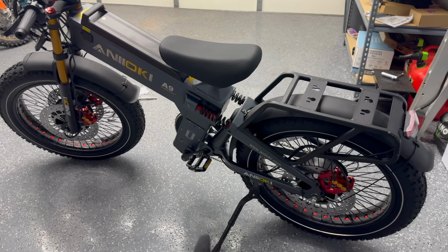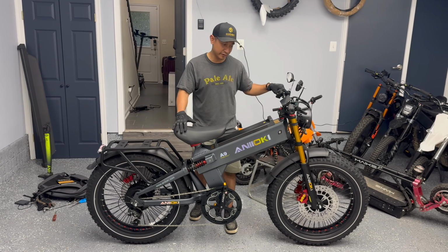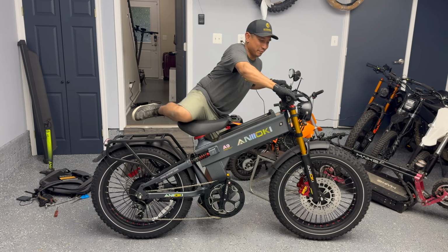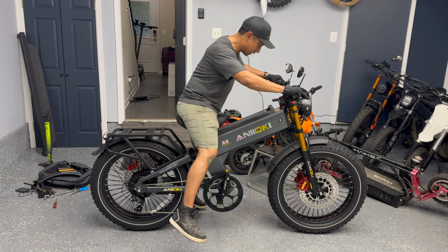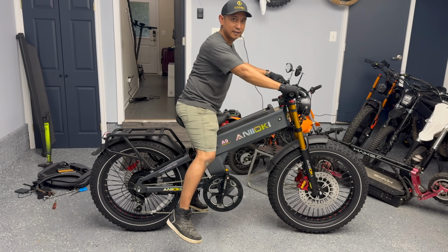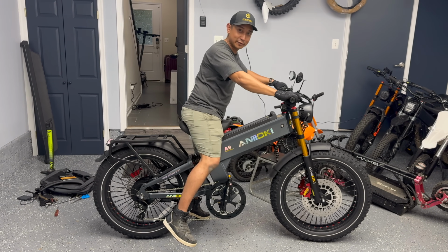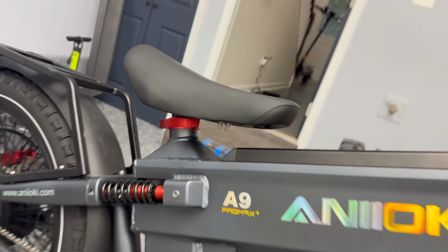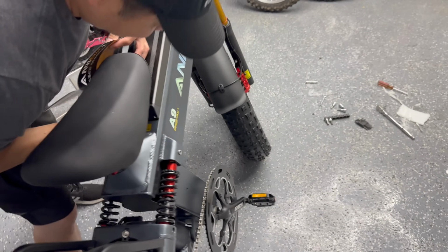But one thing I am worried about is the seat height. Man, this thing is tall as hell. Just for some perspective, I'm 5'8", and it's not even tiptoeing. I literally cannot touch both sides. This bike is not for the vertically challenged. This thing's pretty much as tall as my full-size dirt bike, and the seat post is all the way down already. I got my buddy Twan here looking at it, trying to figure out how to turn this thing on,